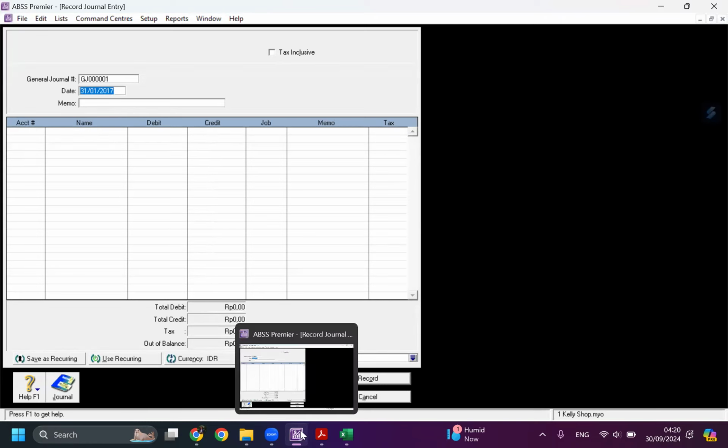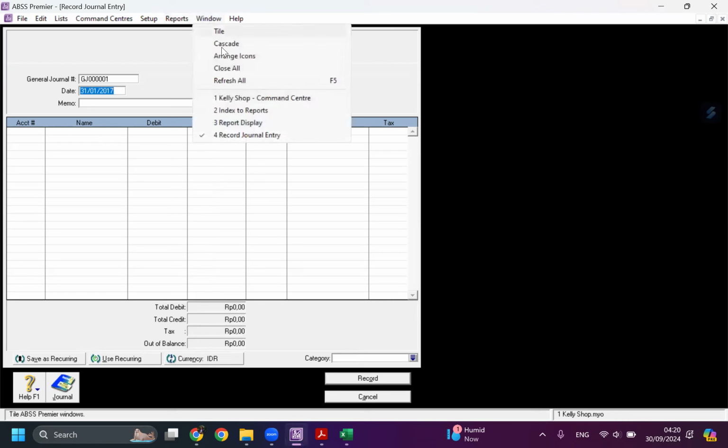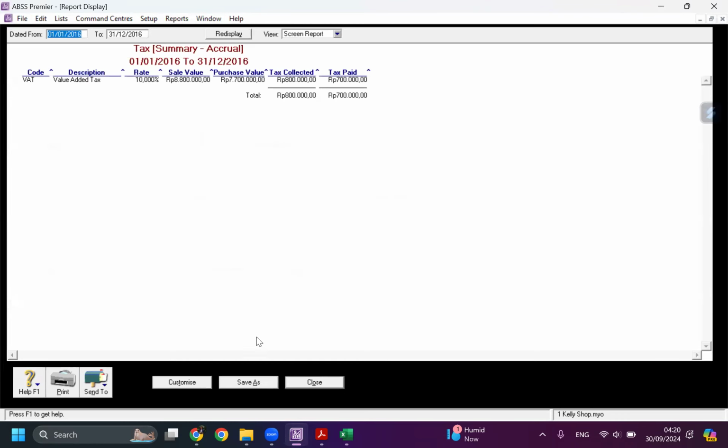What happens if you check the information on the report display? When we click redisplay, it won't change anything because the data only shows your transactions from 1st January to 31st December.